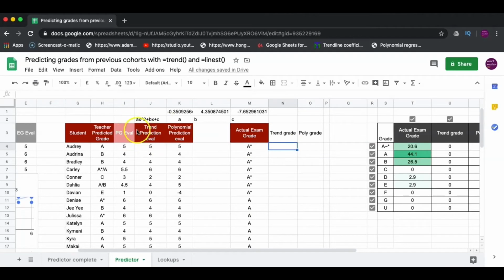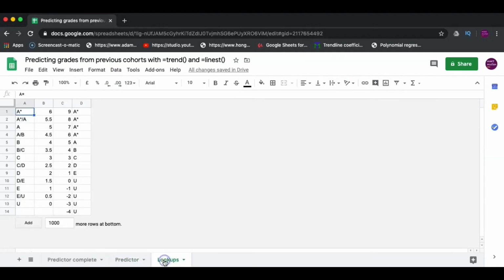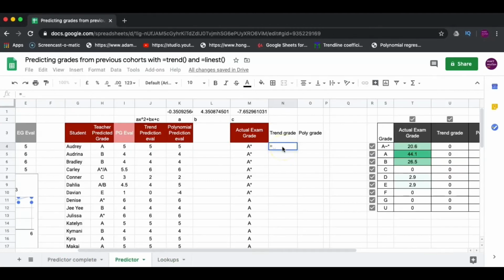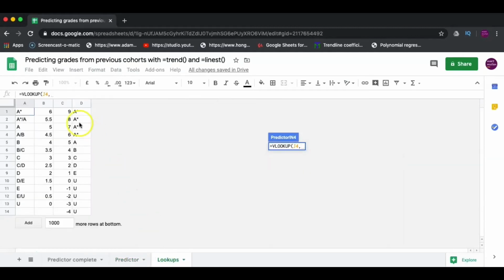So I want to see if my predictors are accurate. Now over here in my lookups sheet, I'm going to be looking up these numbers and bringing back the grade letter. So equals VLOOKUP, and I'm looking up the trend prediction as a number. Go across to lookups, and I'm looking up all of those, and you'll notice I put those numbers out beyond